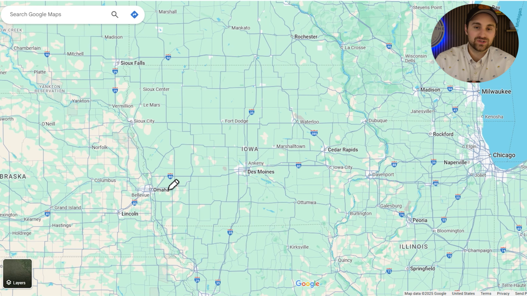But not only that, we also have on the west side, Council Bluffs, which is a larger city, but even more is that Omaha is right across the river in Nebraska, which is a much larger metropolitan area than just Council Bluffs. That is going to be your major cities, and that's what you want to look for. If you're looking for cities, you're going to probably be right in that center band somewhere. Now, that's a little bit of an overgeneralization, but in general, that's what you can think of when you're thinking about these different splits in Iowa.